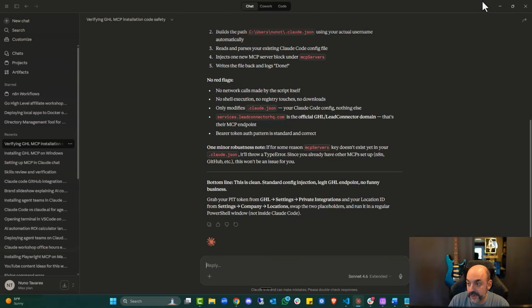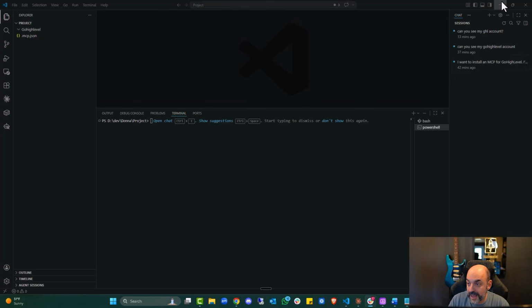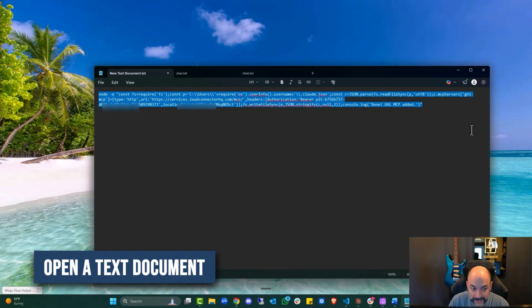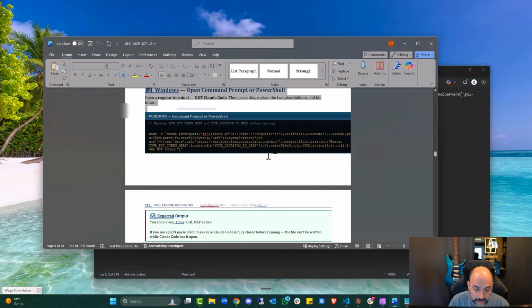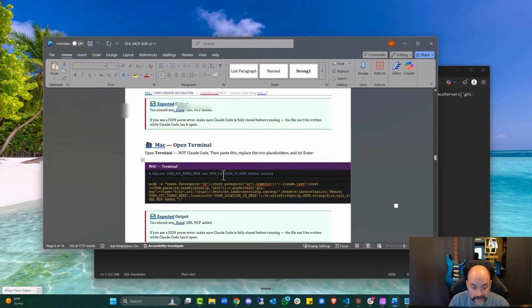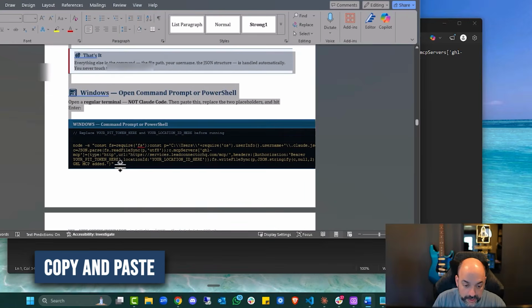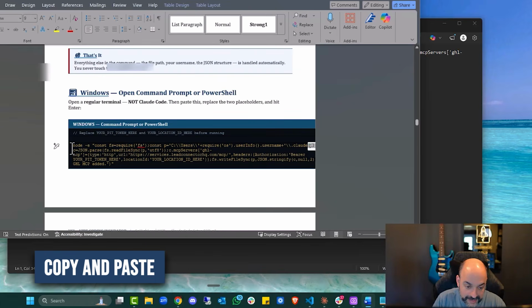So what we're going to do is we're going to take the code that I gave you. We're going to open up a text document. We're going to put that code in there, and let's just do it together. Going to go to that code. Windows is going to be up here. Mac is going to be down there. What you're going to do is you're going to come over here and you're just going to copy this yellow